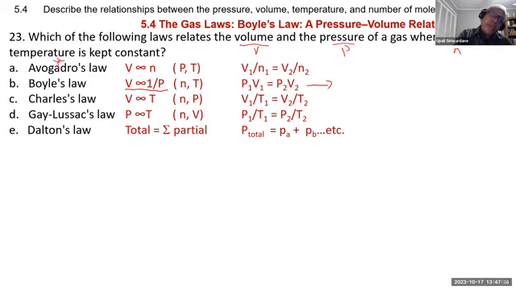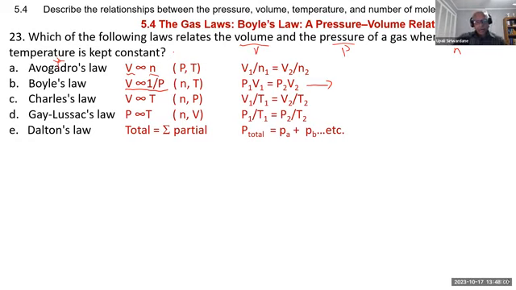If you change the volume and number of moles, that's Avogadro's law. If you change the volume and temperature, that's a direct relationship. Volume is directly proportional to temperature. That's called Charles' law. When you deal with pressure and temperature, holding amount N and V constant, that's called the